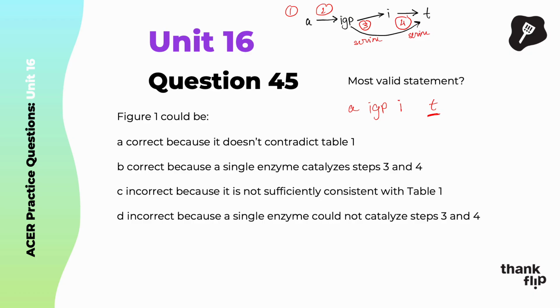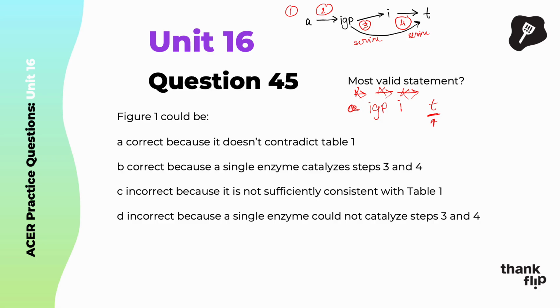You need to have tryptophan. So that kind of gives us a good indication that tryptophan is the most downstream step, because, for example, if you give it A and these upstream steps are not working, if you give it IgP and this upstream step is not working, and if you give it I and this upstream step is not working, it's not going to